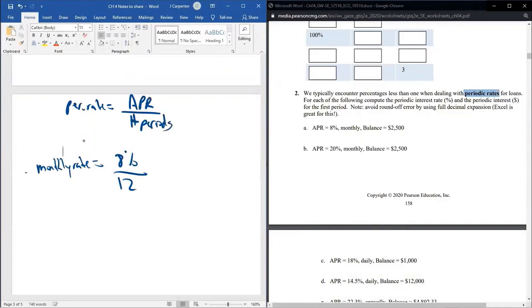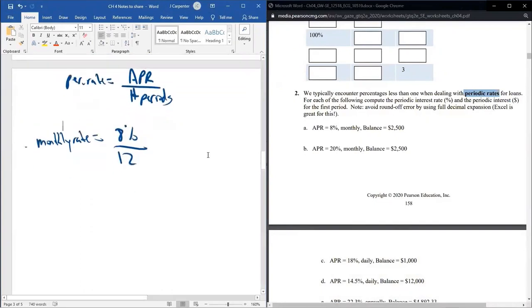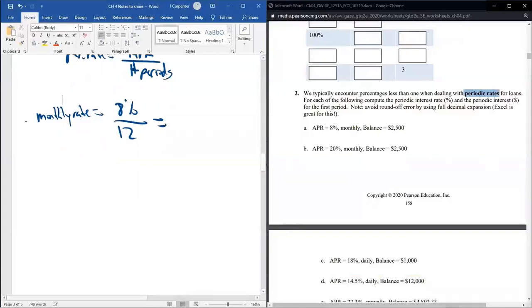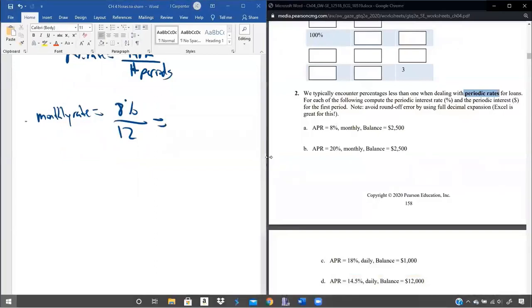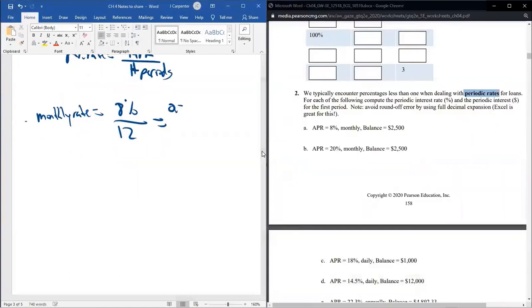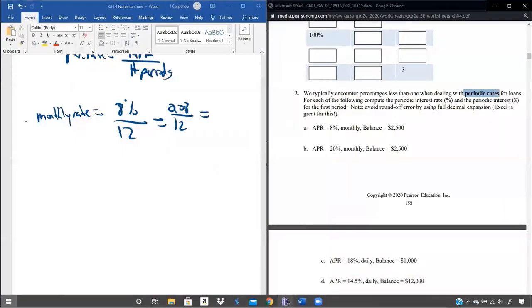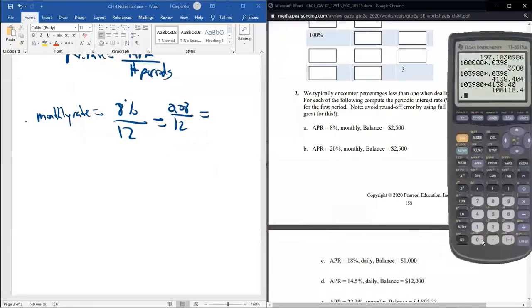So if we want a monthly rate, we divide by 12. If we want a daily rate, we divide by 365. If we want a quarterly rate, we divide by 4. If we want a semi-annually rate, we divide by 2. And you can even get weirder than that, but those are the typical ones. So 8% divided by 12, which is really 0.08 divided by 12. We're not Excel, so we do 0.08 divided by 12. And we get